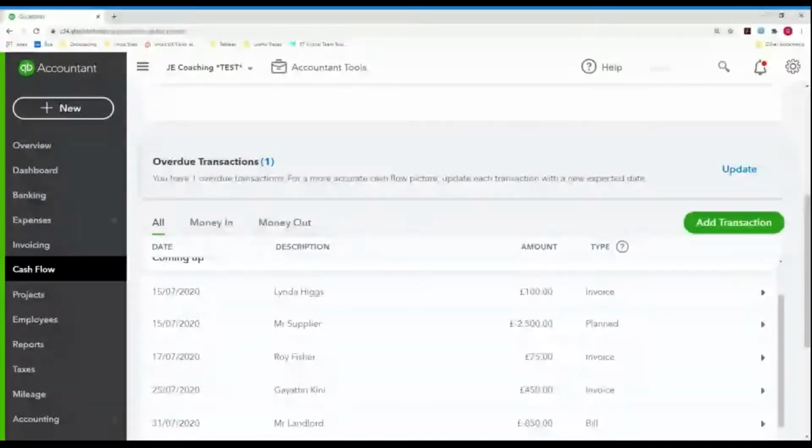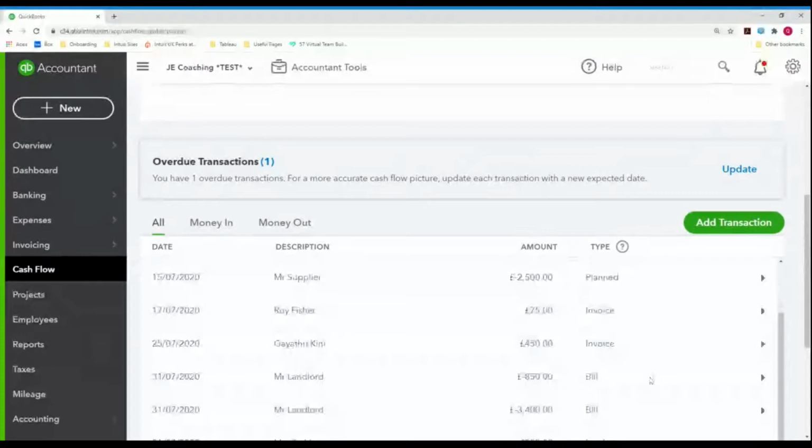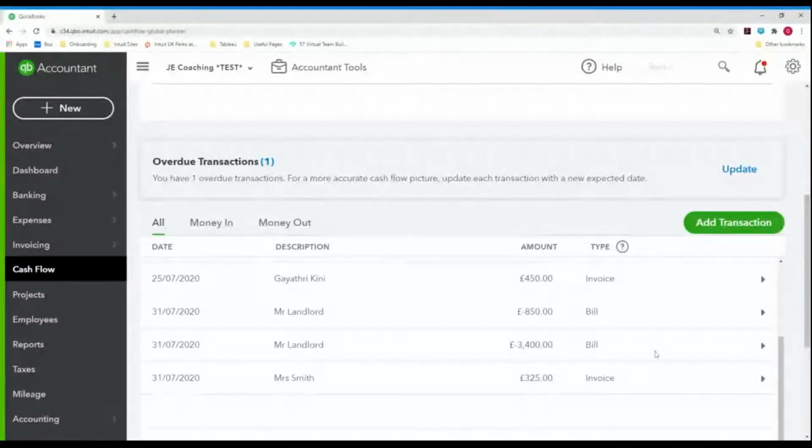A bill is money that I'm expecting to go out. Recurring transactions: QuickBooks is starting to use machine learning to forecast regular transactions or payments coming through our bank feed each month. And that's why it's so critical to have your bank feed up to date and have the information coming in there. If you have multiple bank accounts, this is going to be really useful as well on there. But you'll also notice I have here